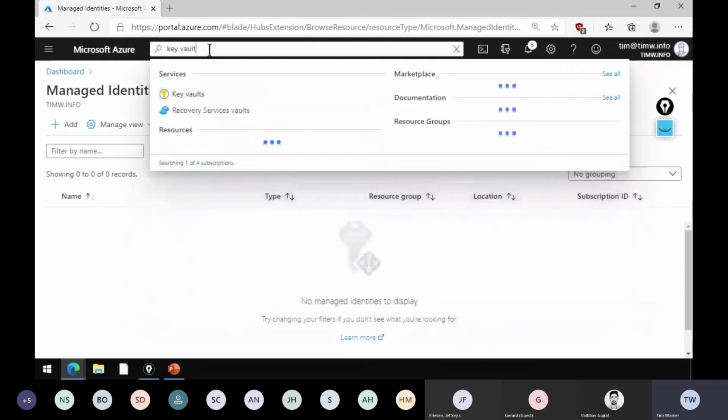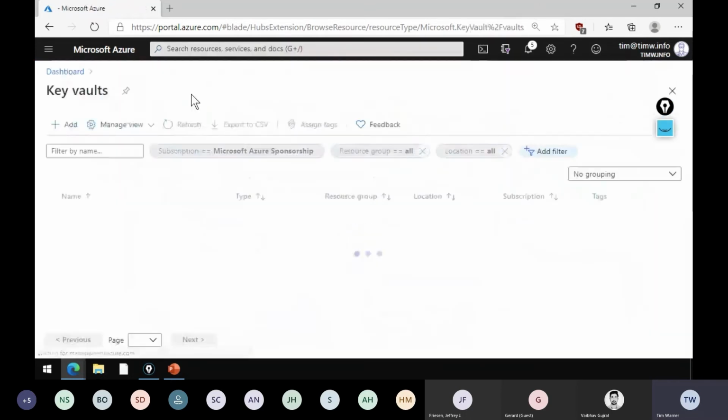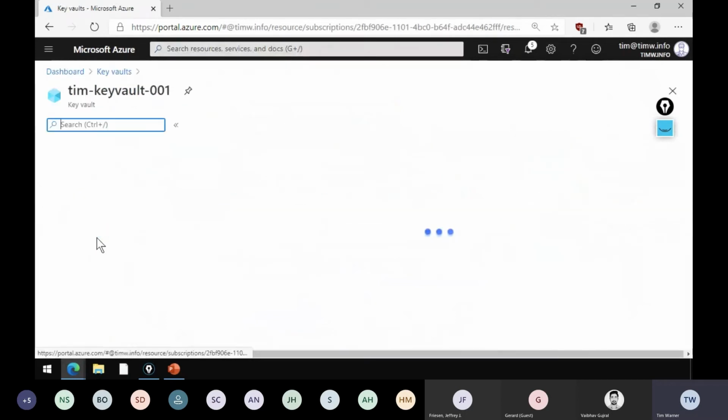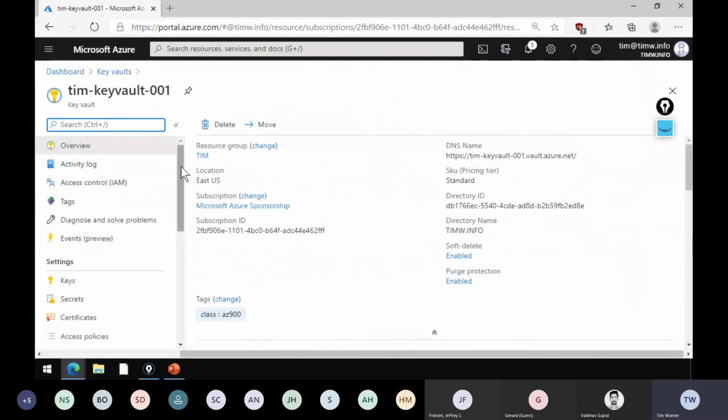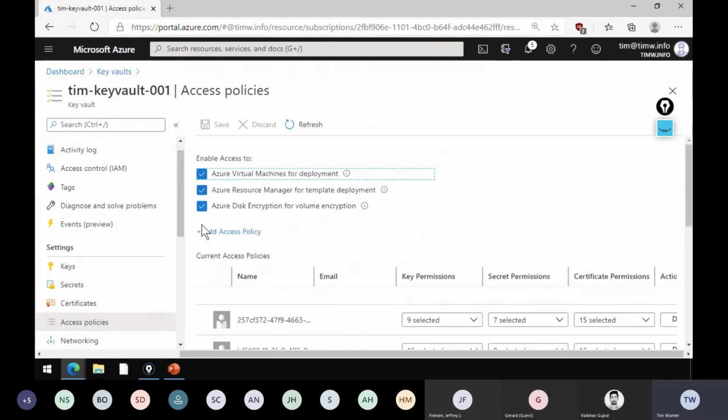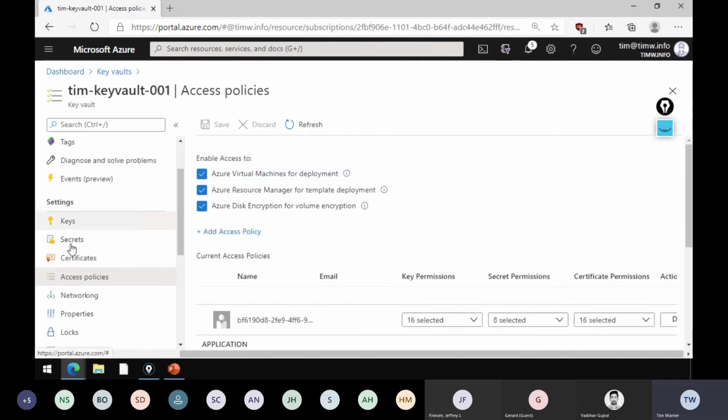Now, to finish my thought about the virtual machine, in order to give that Node 1 machine easy authorization into a key vault, we can go into said key vault. You might know that Key Vault has two layers of authorization. There's the control plane of the vault itself, that's the access control IAM, and then there's the access policies, which is really where you get into the good stuff, the keys, secrets, and certificates.